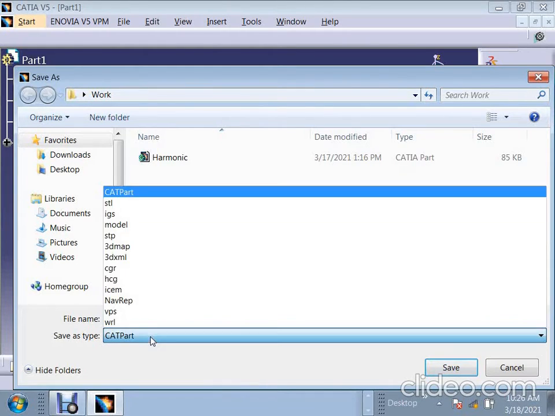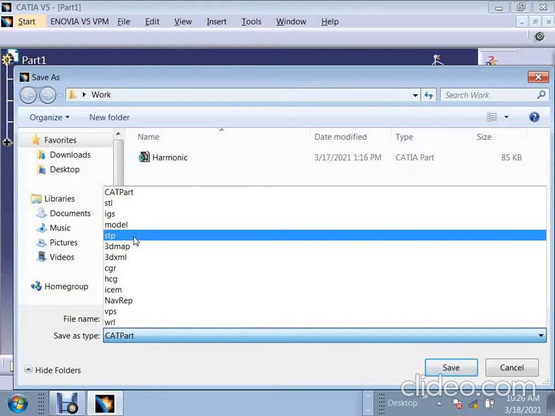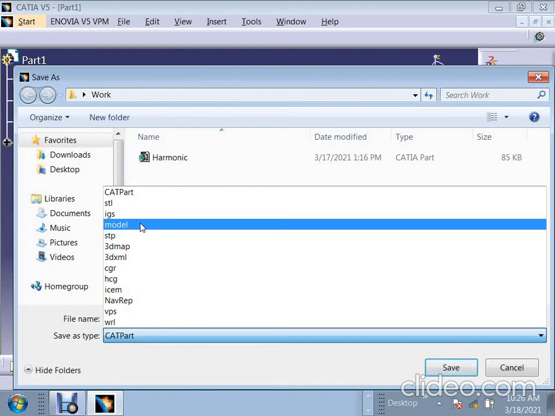For that, we have options here. .igs and .stp are general extensions used only for CAD geometries. It will not take any of your sketches, or any material applied to the structure in a CAD model. Only your solid geometry will be taken.